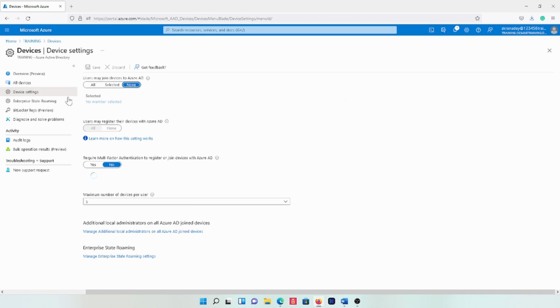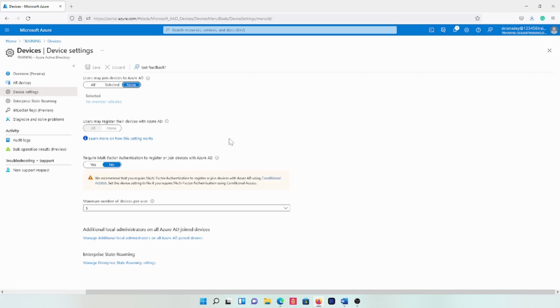Once we go to device settings, you will see there are a few settings that we can configure here. The first one is users may join devices to Azure AD. This setting allows you to select users who are able to join devices to Azure AD. For the purpose of this lab exercise, we'll just configure it to all. You would see there's another setting there which is disabled. This setting is to select users who are able to register their devices with the Azure